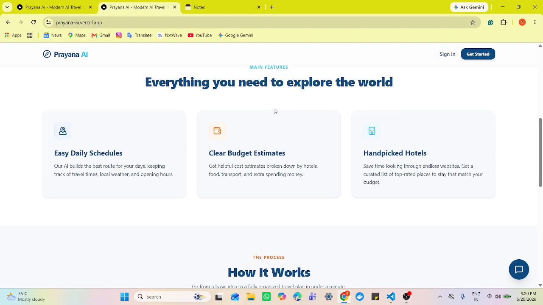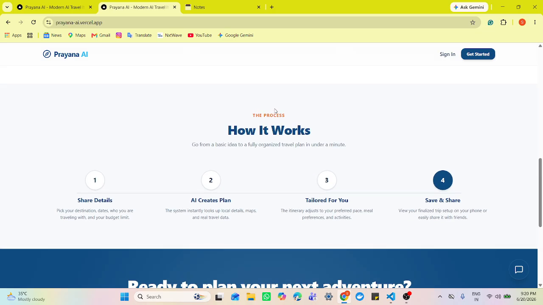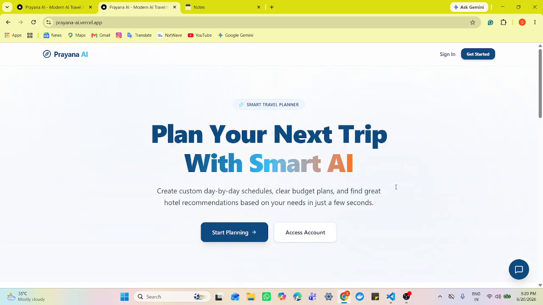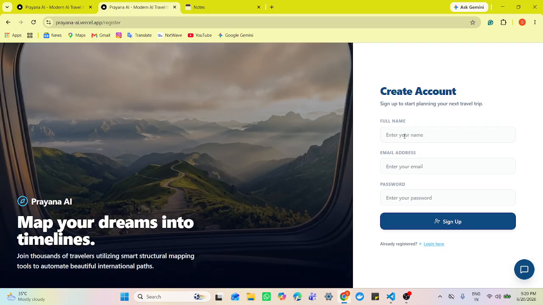So this is the landing page of the application. It is basically a full stack application with MongoDB integration. Let's get started. To get into the product, so I'm going to add